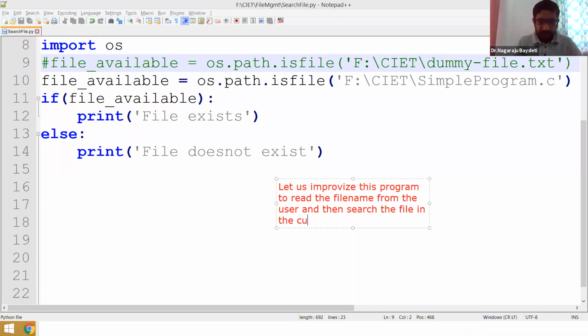At this point of time, we will work on the current directory. Tomorrow we will see how to do it further, like searching in any directory. For example, if you give F drive, how to search in each and every directory and subdirectory, recursively traversing the file structure. We will see that tomorrow. Today we will work on the current directory only. Okay.